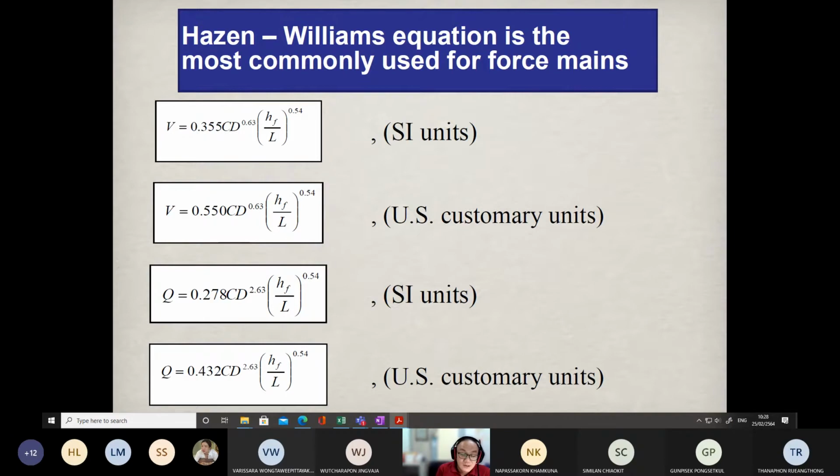So many times I always say, be careful about the units, because some of the equations that you use are basically empirical formulas. If they are empirical formulas, the units may not correspond with each other. So the better way is trying to